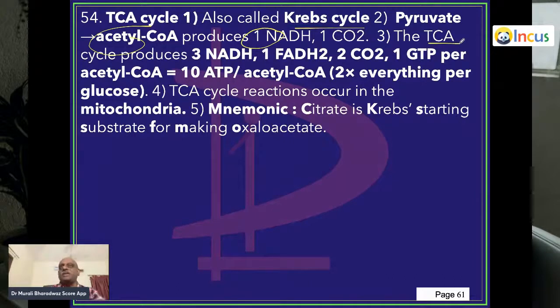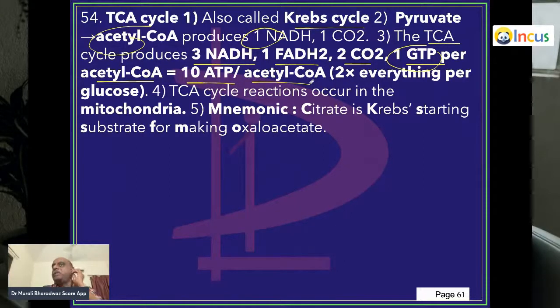Then when the citric acid cycle completely runs, it leads to how many? 3 NADH, 1 FADH2, 2 carbon dioxide, 1 substrate level phosphorylation. That is 1 GTP is produced for every acetyl-CoA. So typically 10 ATPs are formed totally,